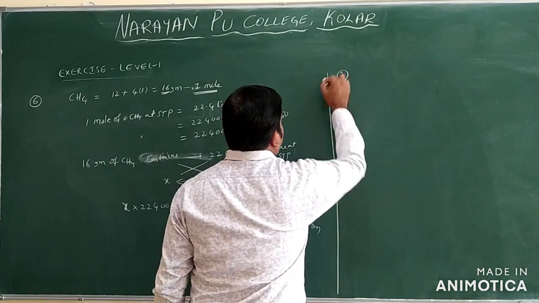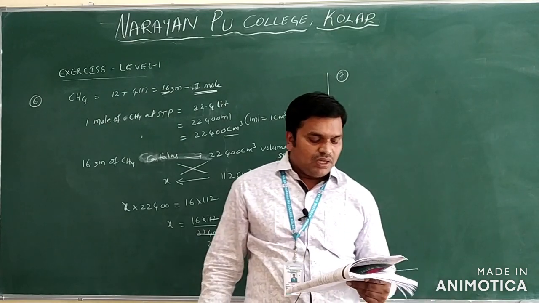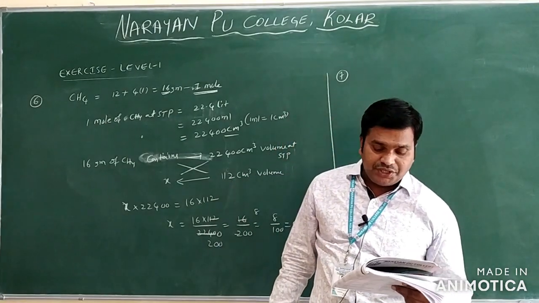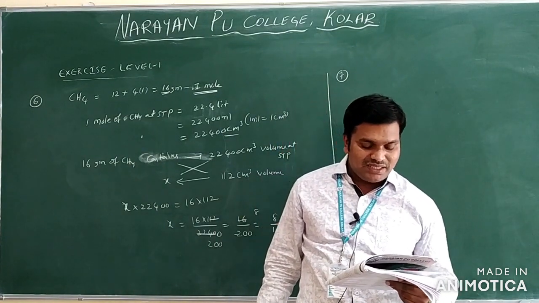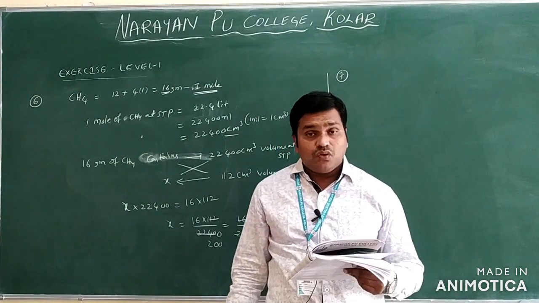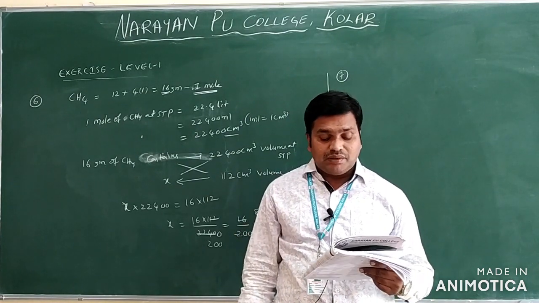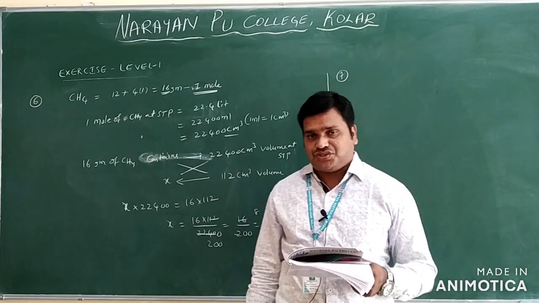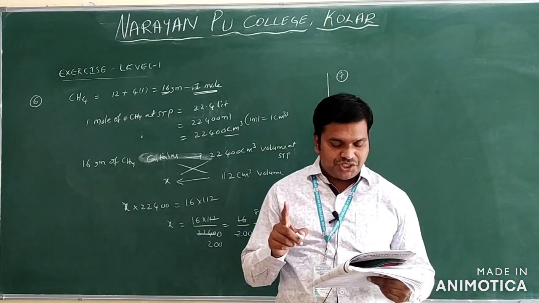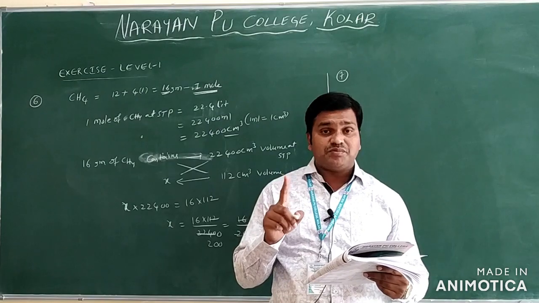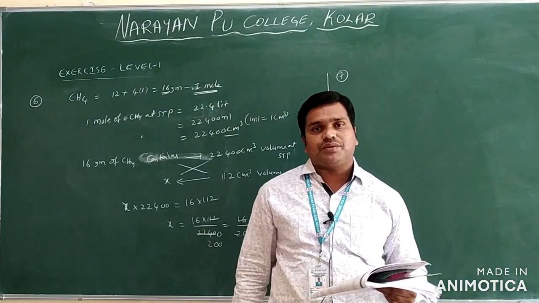Question number 6 only. See the next question we have, 7th question. Complete combustion of 0.85 grams of the compound X gives 2.63 grams of CO2 and 1.6 grams of H2O. The least molecular mass of X is. Just change one value in this question. What is that value? They gave 1.68 grams of H2O, that you can change into 1.28 grams only.